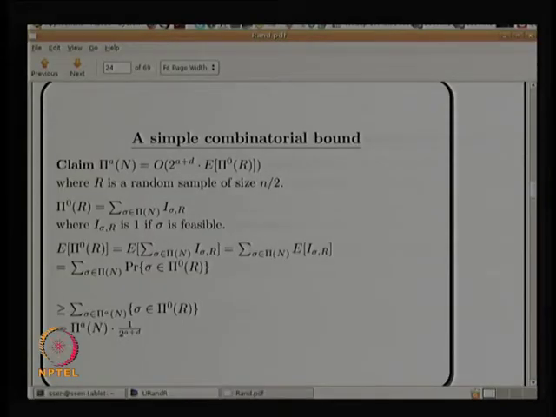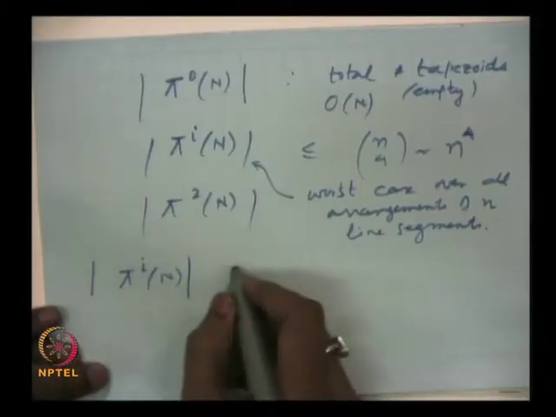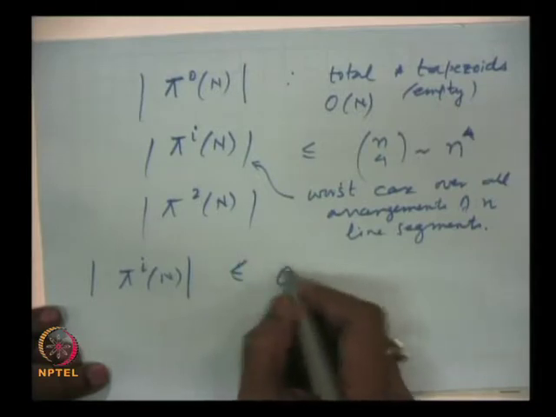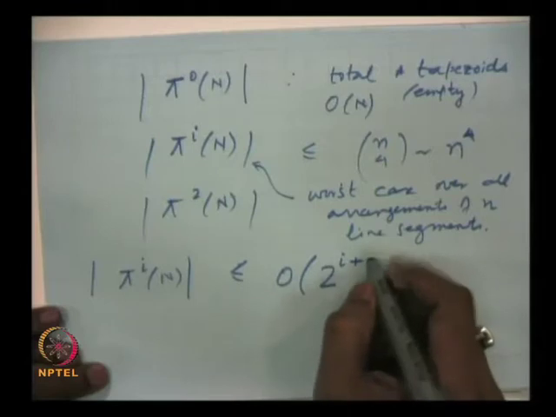Okay, so let me not even. You can think about it offline. Let me give you a very simple way of proving this bound. Okay, so there are just a few lines of proof. Let's go through that. So the claim is that pi i of n, the size of this, okay, is bounded by big O of 2 to the power i plus d,